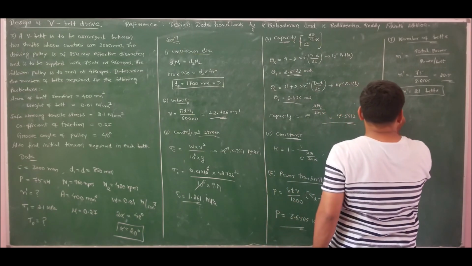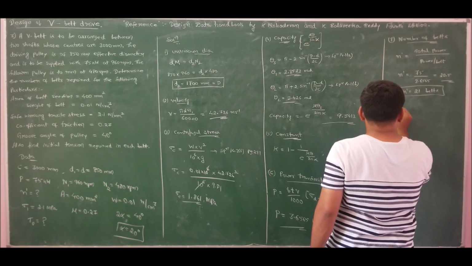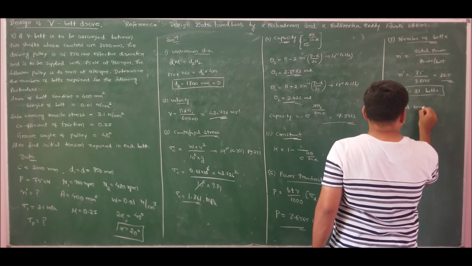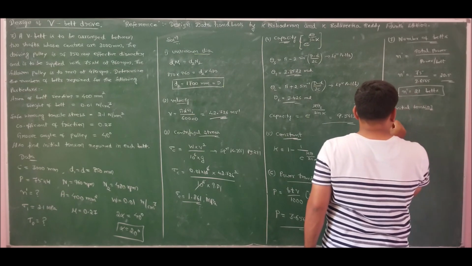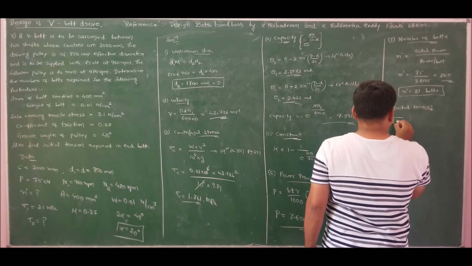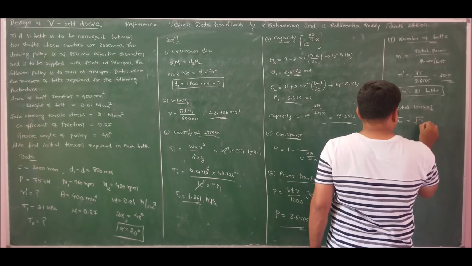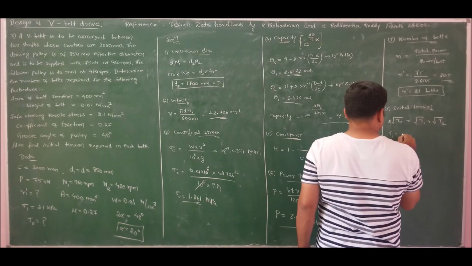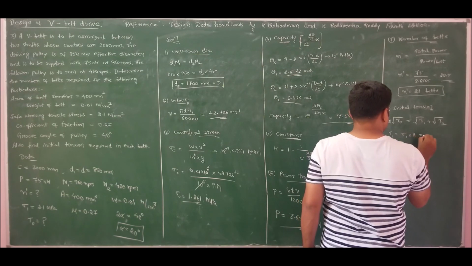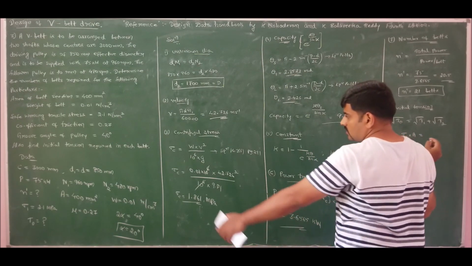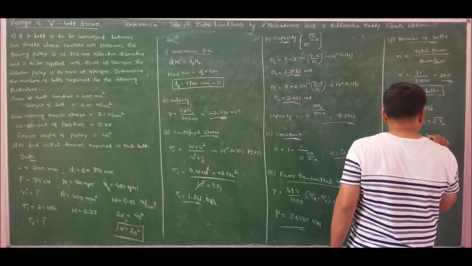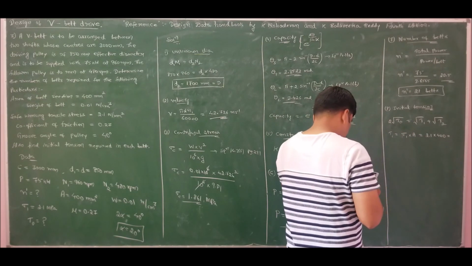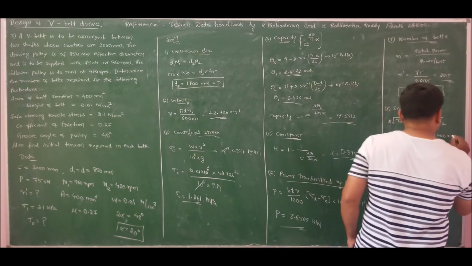Now finally he has asked us to calculate the value of initial tension. Let us calculate the initial tension, which is given by 2 times root of T0 is equal to root T1 plus root T2, where T1 is equal to sigma 1 into area. Sigma 1 is given as 2.1, into area 400. The answer is 400 into 2.1, which is 840 newtons.